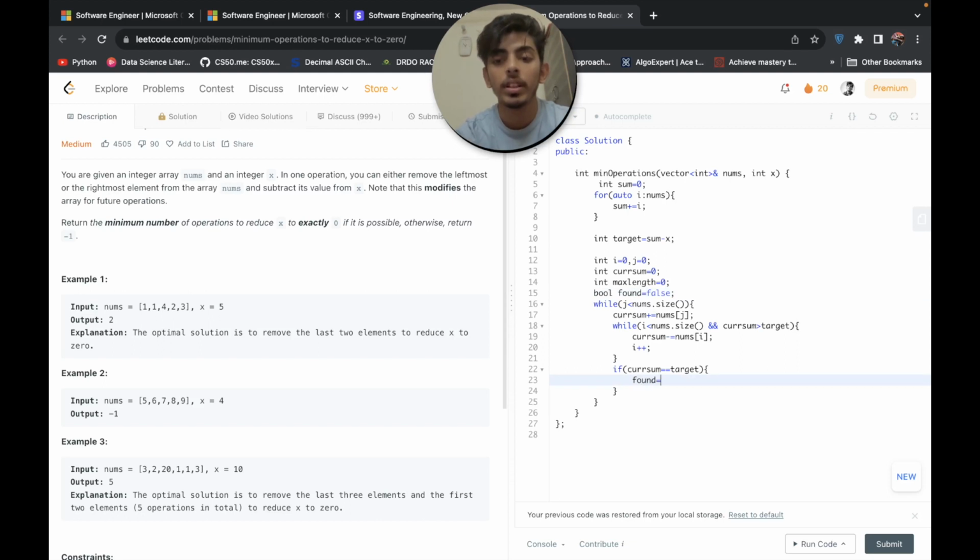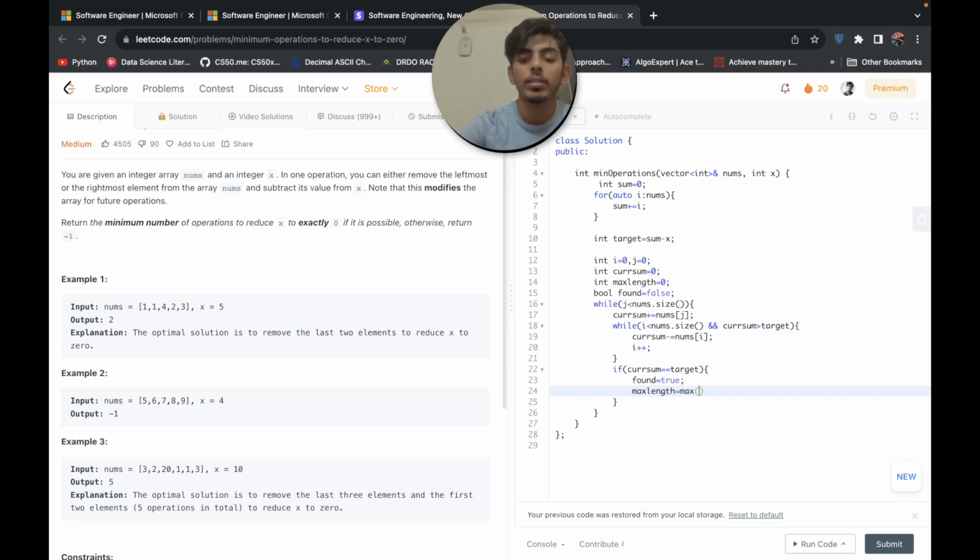We'll make sure that found will be true if we have found one of the elements. After that, max length will be the max of max length and the length of that subarray, which is j minus i plus 1, right? After that we'll simply do j plus plus.